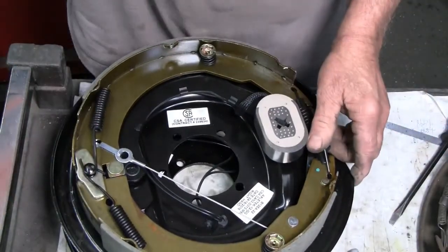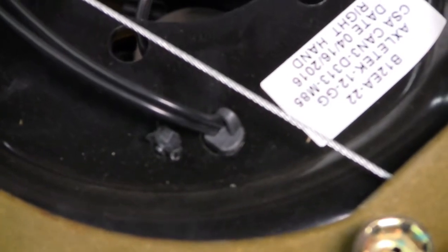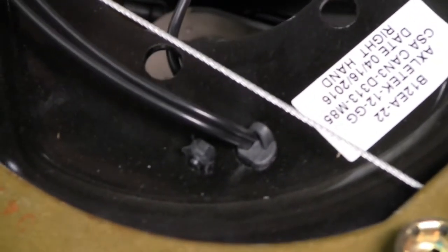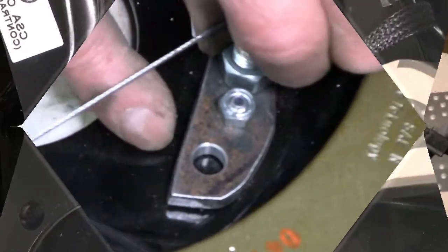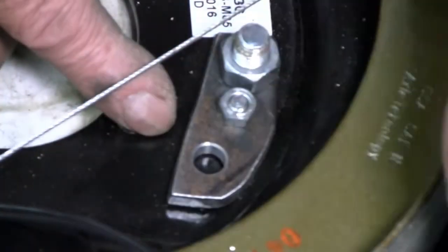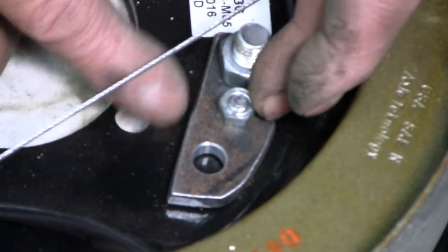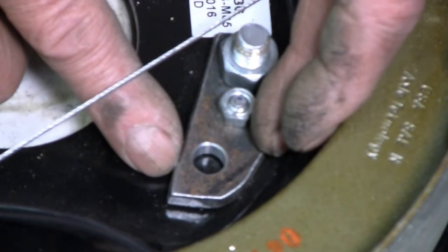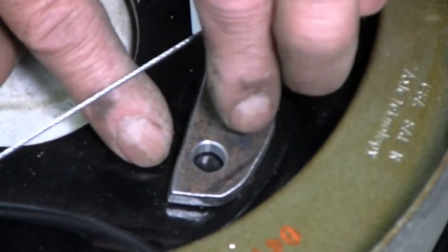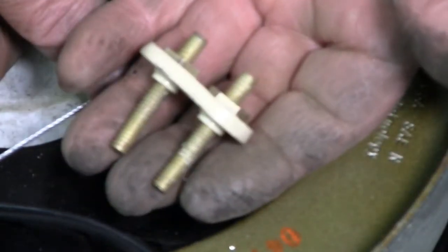On the new backing plates, let's close up a little here. Wires are coming through with just a little snap strain relief, and next to it is another strain relief. Those holes are both the wrong diameter and they're on the wrong spacing. I need a pair of 25/64 holes on 7/8 inch spacing in order to use this piece. So I've made this template, bolted in with a 7/16 and a 1/4 inch bolt into the original holes. Here's a pilot for a new 25/64 hole. I'll drill that hole. After I take the template off, I'll drill the 1/4 inch out to 25/64, and then I'll be able to use this, and I won't have to